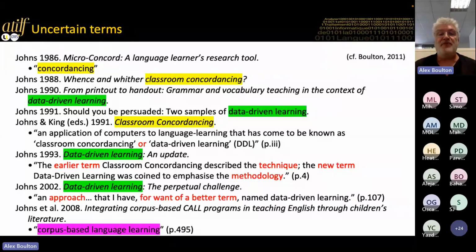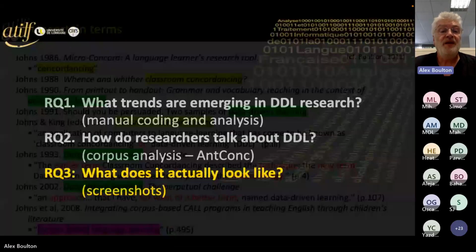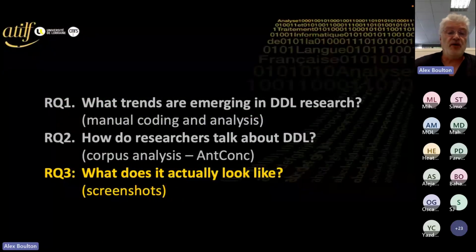So people very often in this area look up to Tim Johns as being the founding father, the great name, but he was, well, I won't say confused, but he changed his mind all the time. So it doesn't really matter what label you give it. What counts is getting students to use the tools and techniques of corpus linguistics in their work. So those are the first 2 research questions. I won't go into more details, as I say, we'll get conclusions at the end.